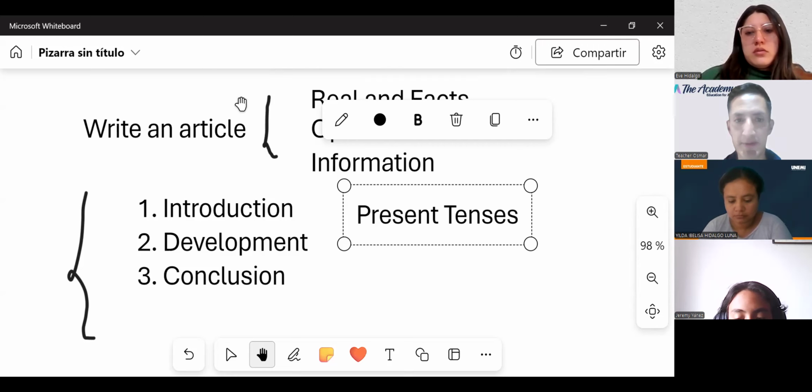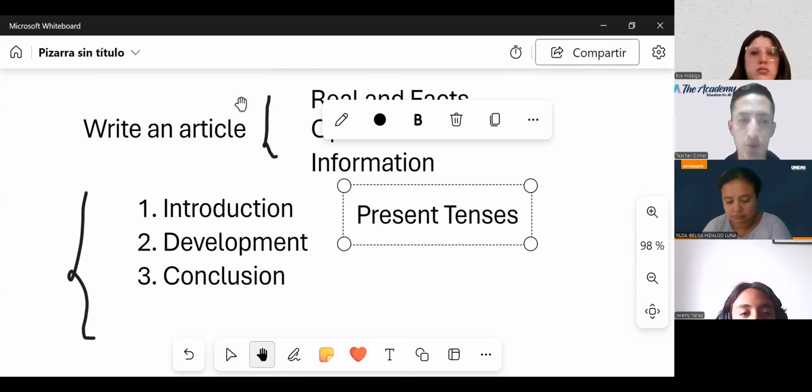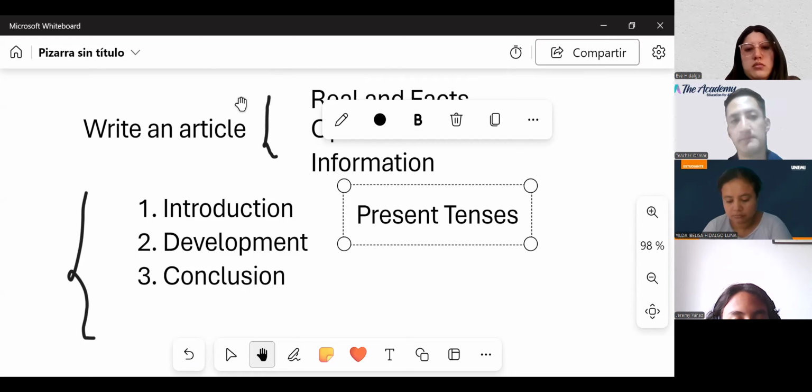Okay, excellent. So my dear students, let's get ready. Let me put you the example of this article, and then we can finish for today, okay? So let's get ready to start, and here you go. All right, so let me put it over here now. And let's get ready with that, okay? With this example.